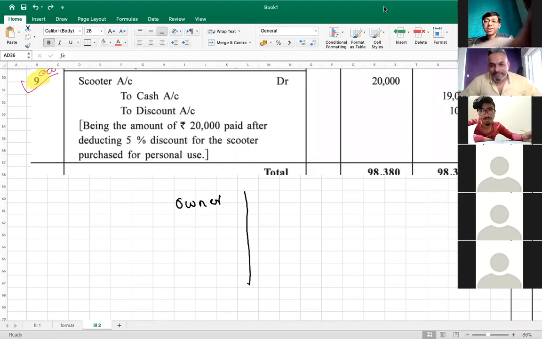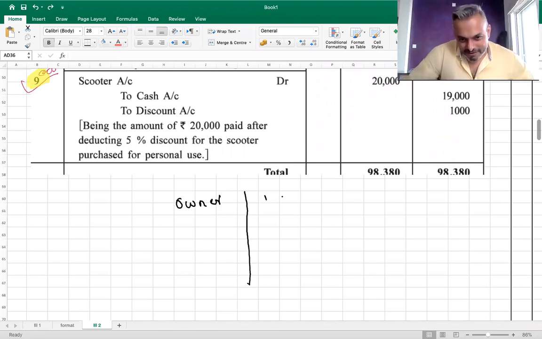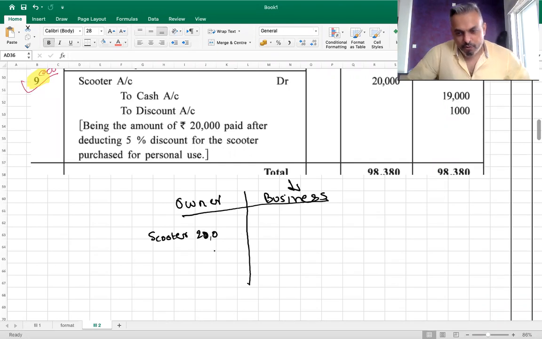अब ध्यान दो। मैं ऐसा मानूंगा कि तुम्हें कितने लोगों ने जवाब नहीं दिया, तो वे जानना चाहते हैं कि करेक्ट एंट्री कैसे आई। सो ध्यान दो प्लीज। अब ओनर है और बिजनेस है। अब हम बिजनेस की बुक्स में ट्रांजैक्शंस रिकॉर्ड करते हैं। अब ओनर शोरूम में गया और उसने एक स्कूटर देखा। स्कूटर का प्राइस 20,000 था, बट एज यू नो, लोगों को बार्गेन करने की आदत है, डिस्काउंट डिस्काउंट डिस्काउंट। मे बी कोई स्कीम चल रहा था, तो डीलर ने 1,000 डिस्काउंट दिया।